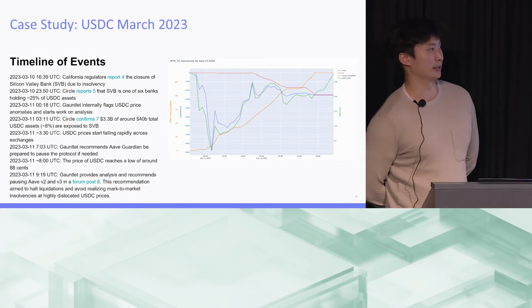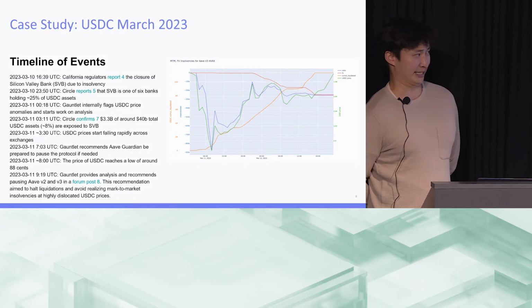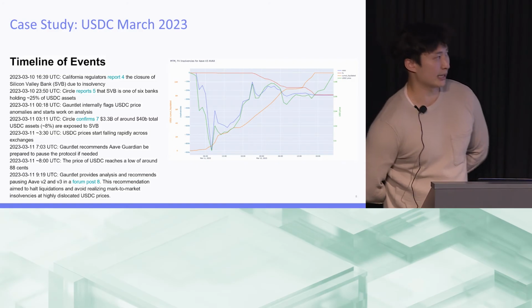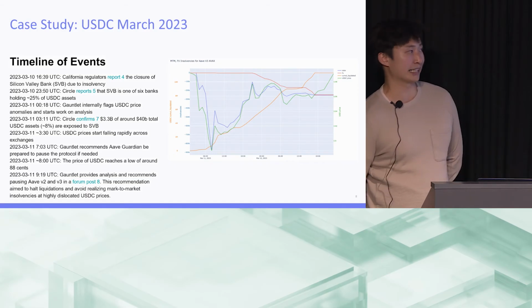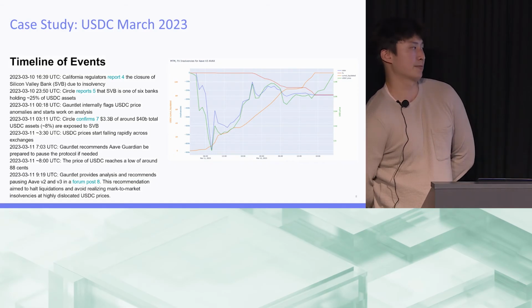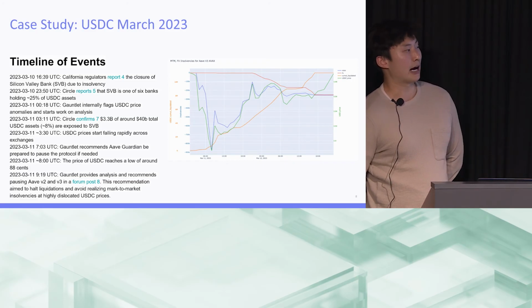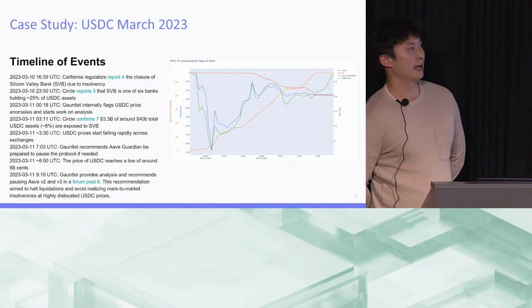And most importantly, the price discovery of USDC on various blockchain protocols. The one I'm focusing on will be Polygon for one specific reason, and that's because Aave on Polygon at the time had